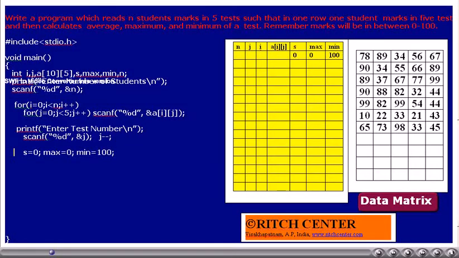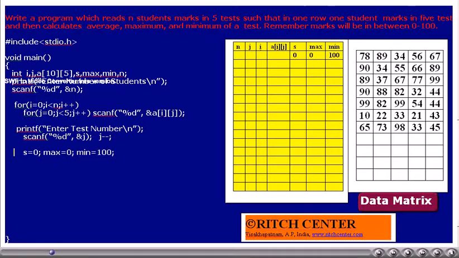Then the user will be asked to enter the test number for which the program is supposed to calculate the average, maxima and minima. Whatever the user enters will be read into the variable j. For example, if the user wants the second test, he will enter 2.